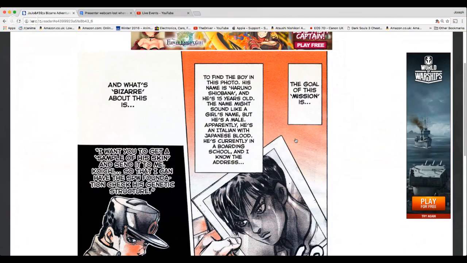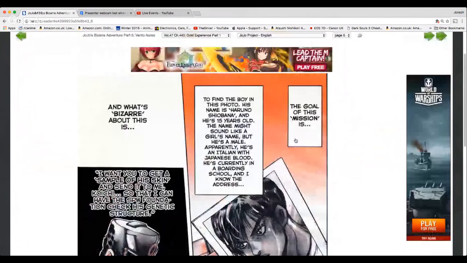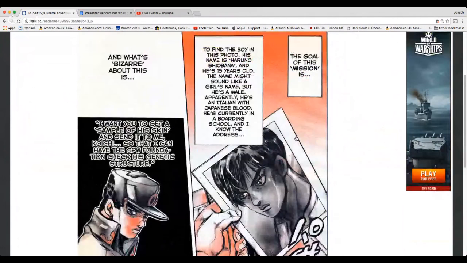The name might sound like a girl's name, but he's a male. He's an Italian with Japanese blood. He's currently in a boarding school, and I know the address. And what's bizarre about this is, I want you to get a sample of his skin and send it to me, Koichi, so that I can have the SPW Foundation check his genetic structure.